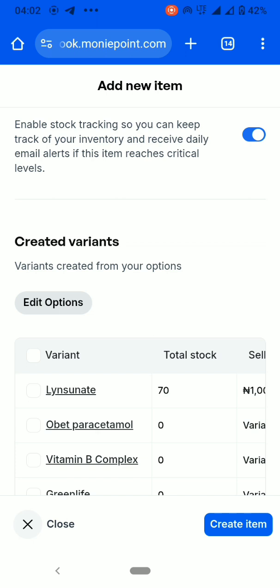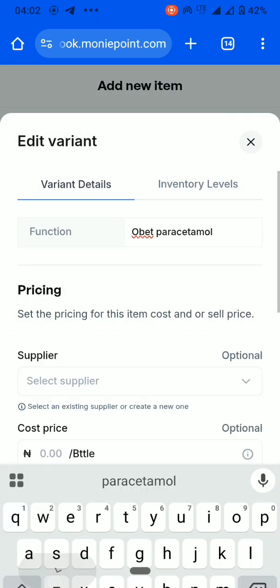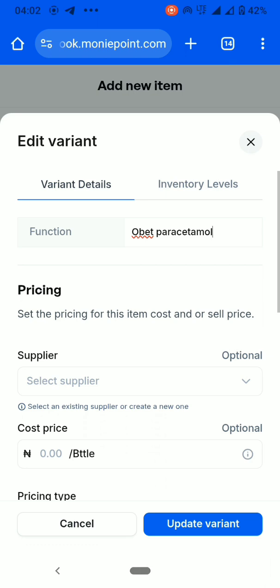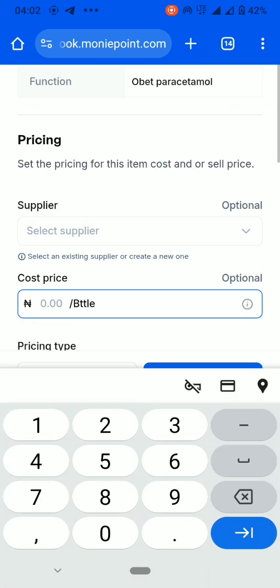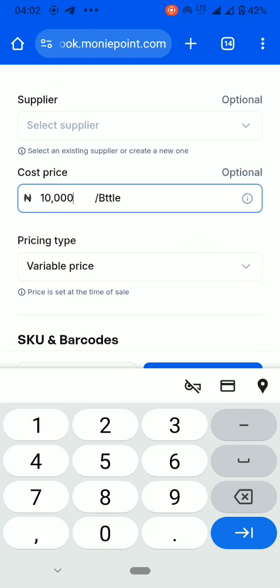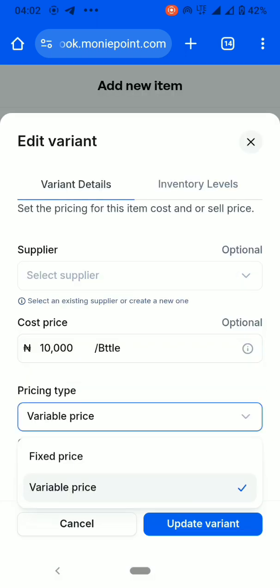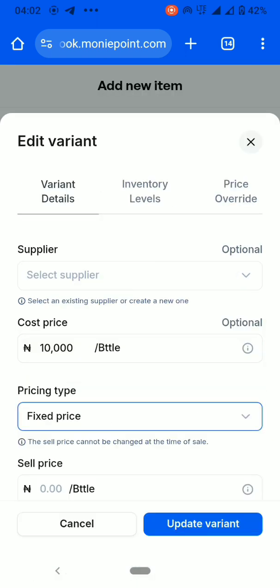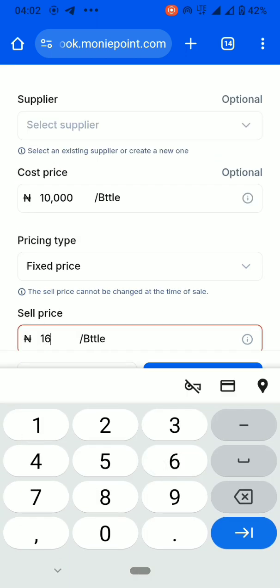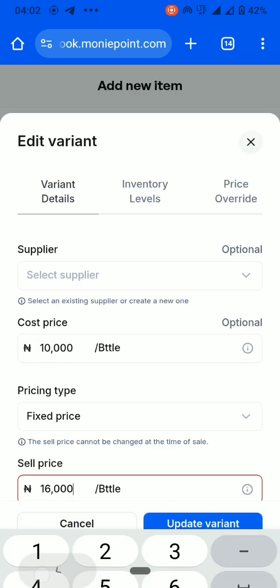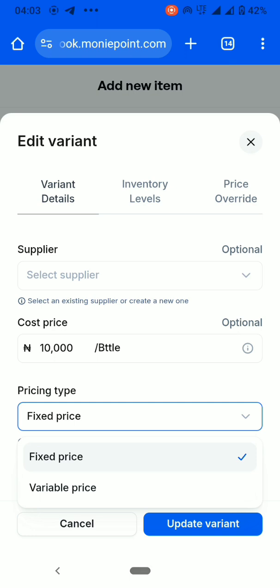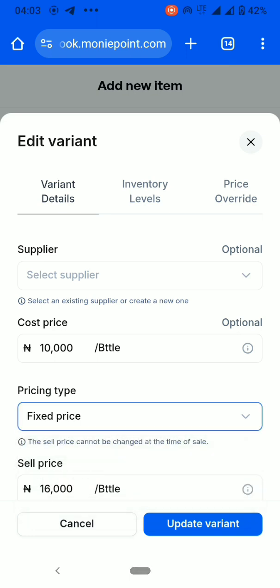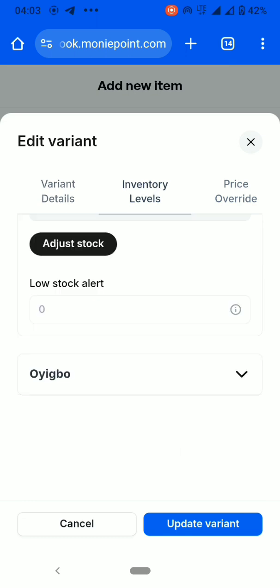So if I click on it, I think I'll be faster this time around. Cost price, I think I said 10k, and variable price or fixed price is 16,000 naira. I sell for 16,000 naira, right? So 16,000 naira. So let me put inventory. For inventory,